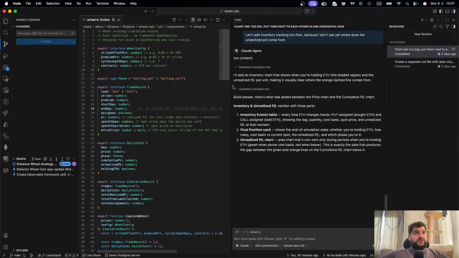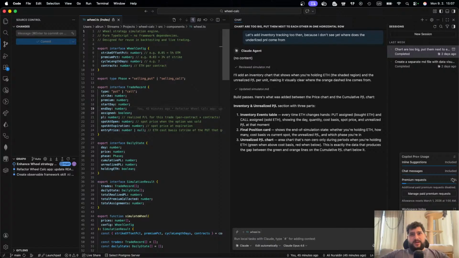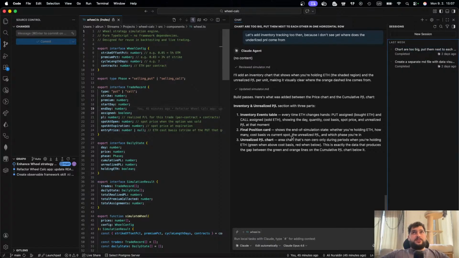So we have a project here, if you remember. We were using Claude somehow through VS Code, which still was spending my Copilot tokens. So yeah, by the way,